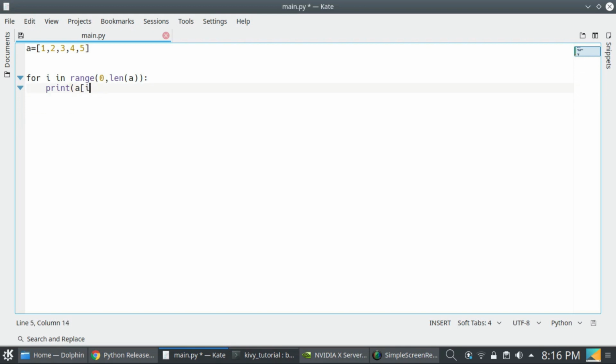Now you can append data or a value into a list. To do this, a dot append. A is a list and append is a method of this list, and you can add any value like 10. And then I am appending value 18.